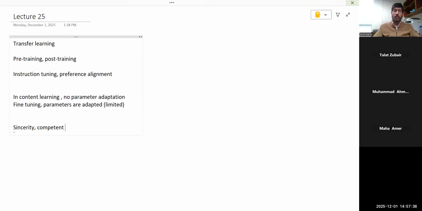So you don't want to do things that are harmful, that can potentially lead to destruction or other harm around us. So sincerity is very important. The other major trait that I mentioned here is competency. So whatever you do, we need to excel in it.